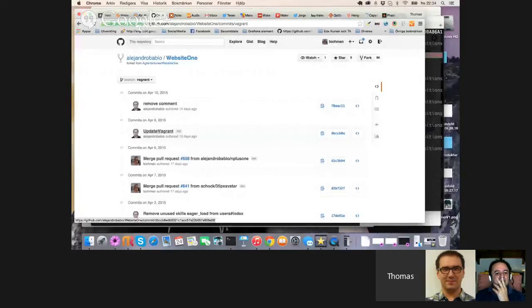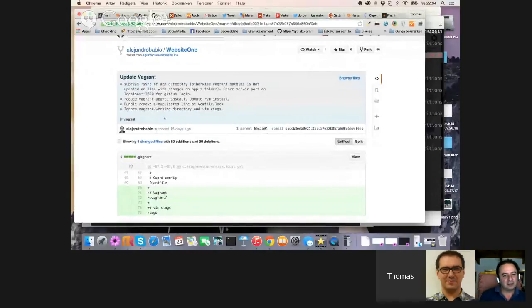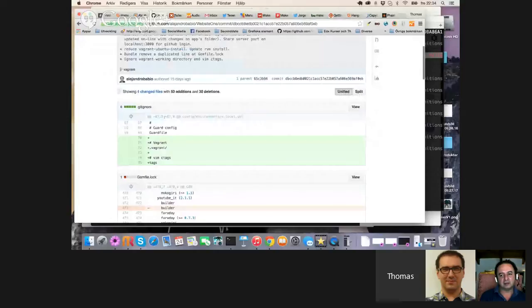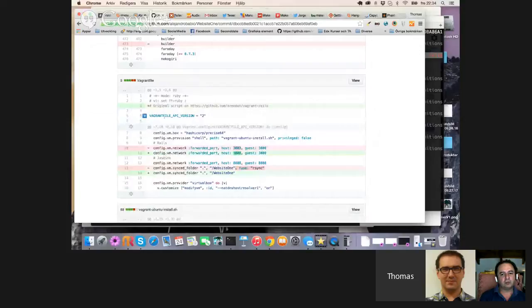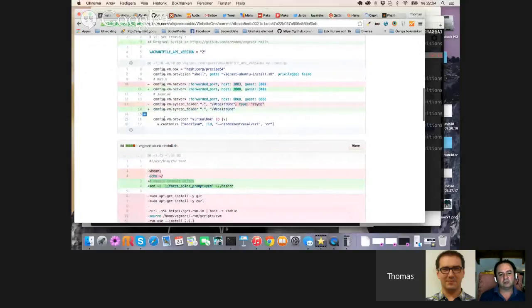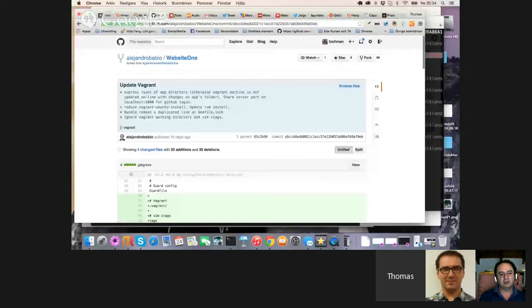So here in the update vagrant. Browse the code. No. It's okay. Let's see. I know what I can do, I can just pull your commit into my repository.